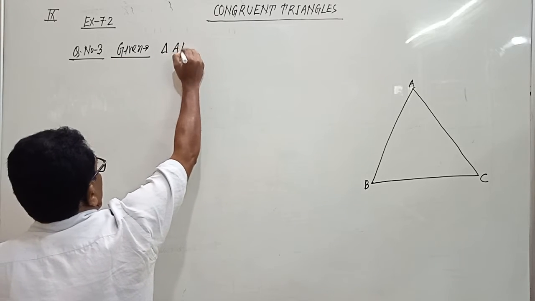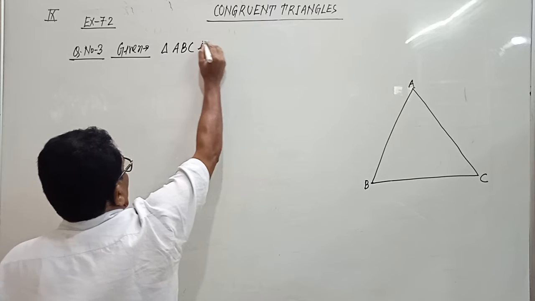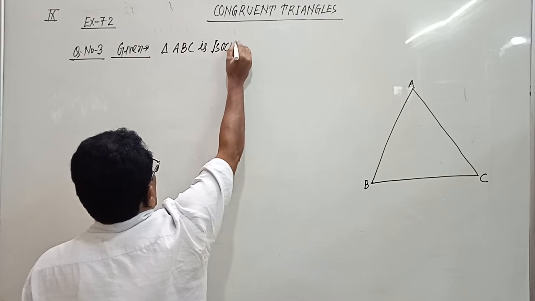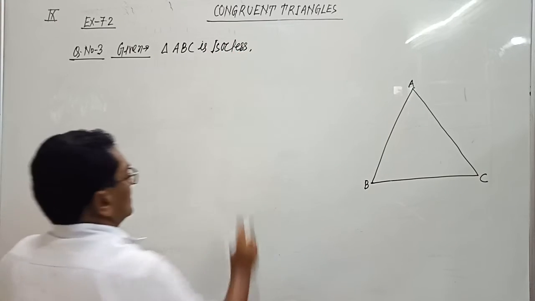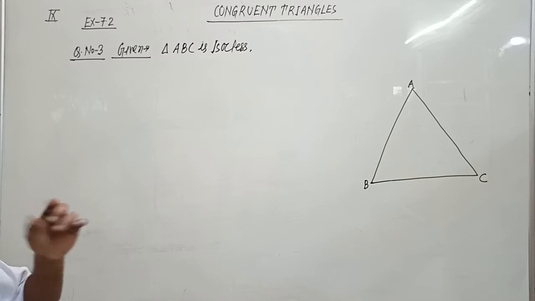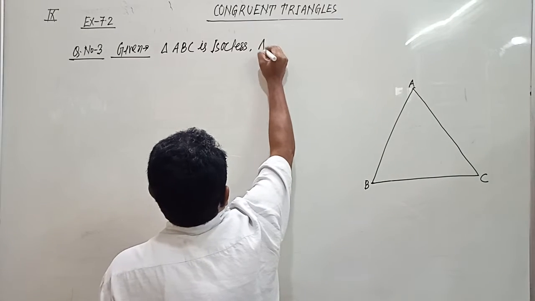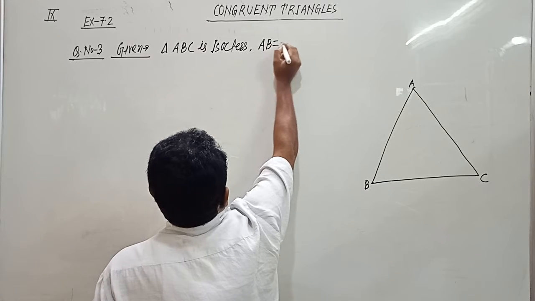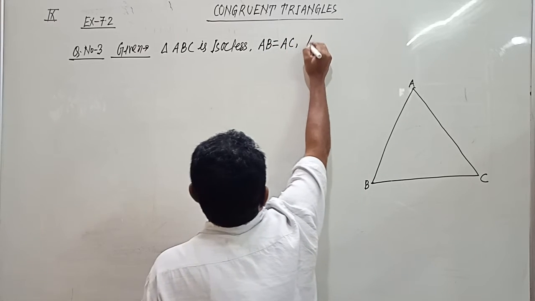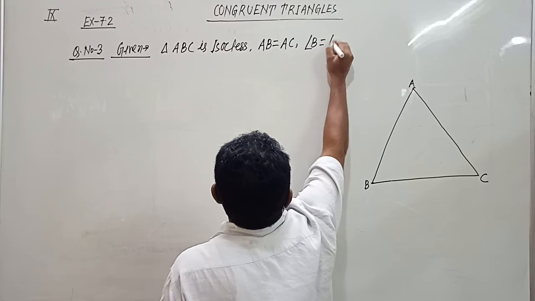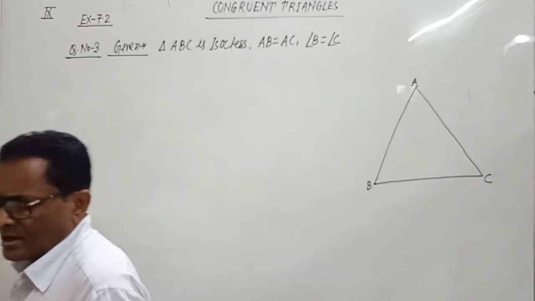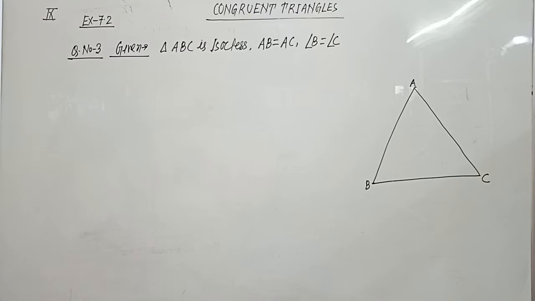Given triangle ABC is isosceles. It means side AB equals AC and angle B equals angle C, in which